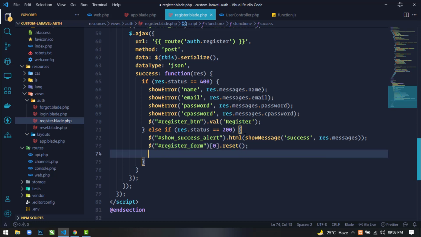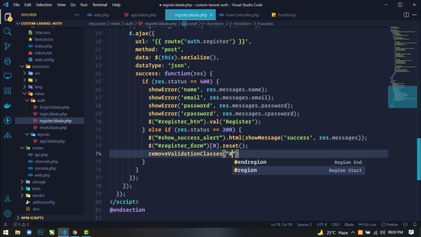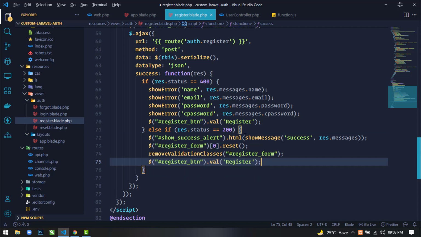We will also remove any validation classes, and here we will pass the form id, so register_form. And finally we will just duplicate this line and use it here.